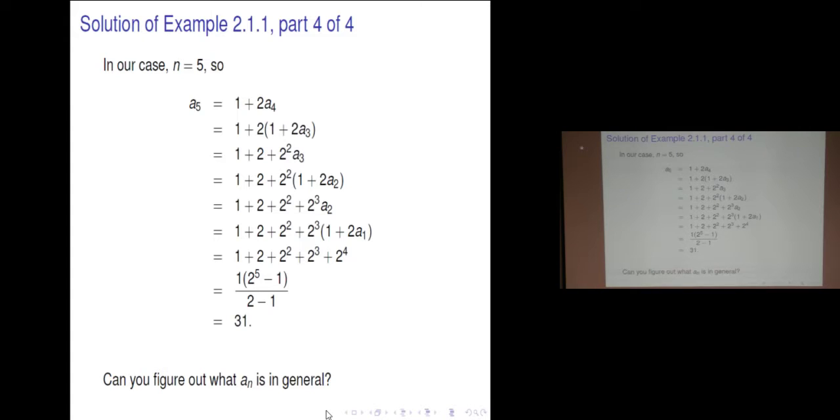It's just 1 plus 2 plus 2 squared plus all the way to 2 to the n minus 1, right? So this will be 2 to the n minus 1 in general. Okay,